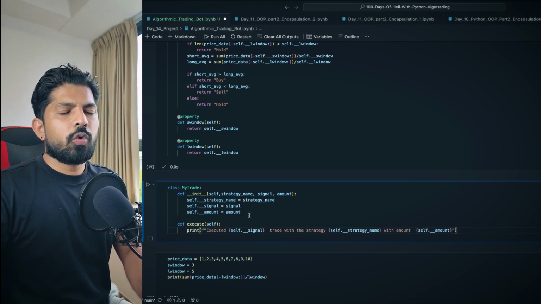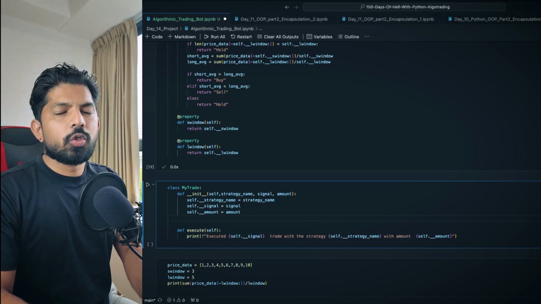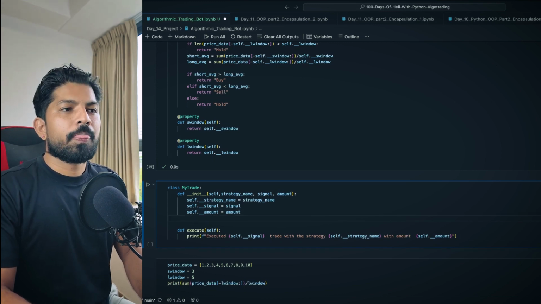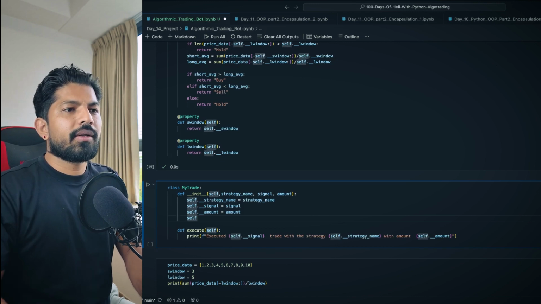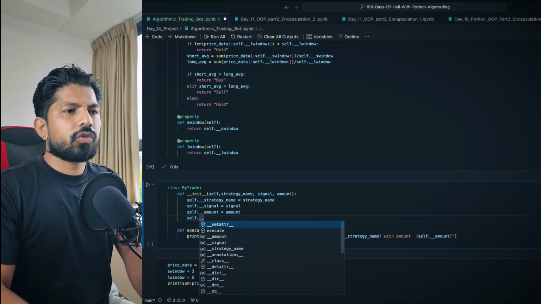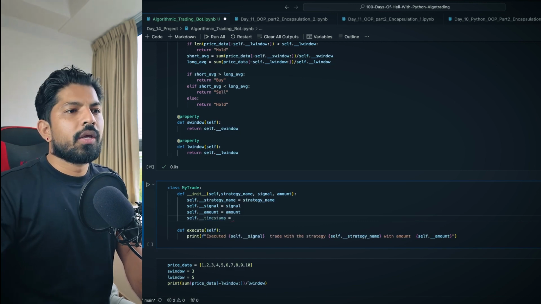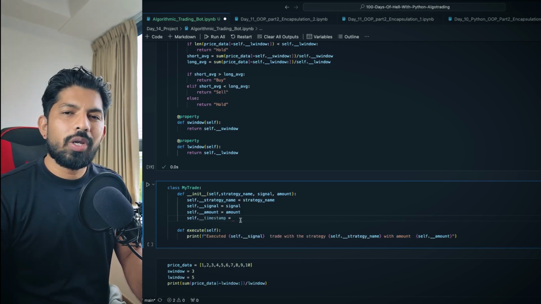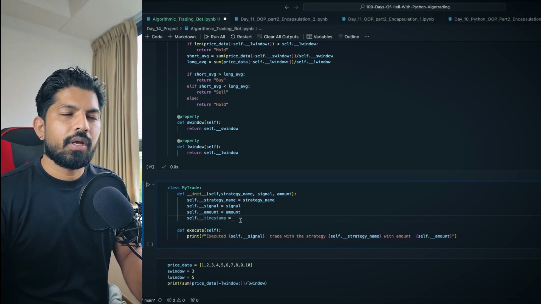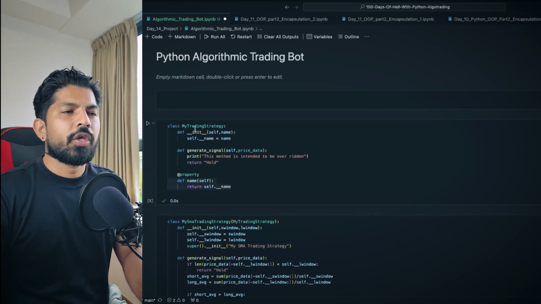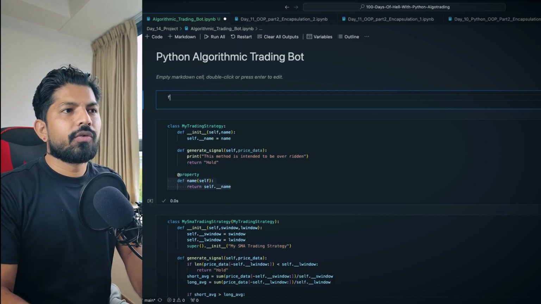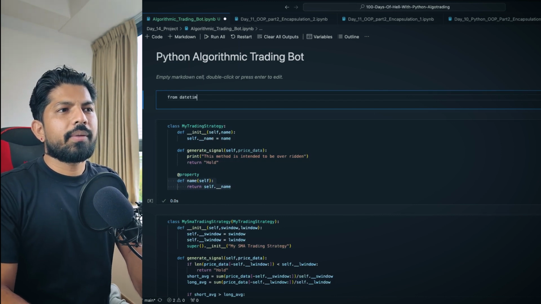and we can also add like timestamp, right? It's also very important. We should be able to know when this trade happened. So for that, what we can do, we can write here self dot timestamp, and what it will be. It will be, for this we have to import a library. And how we can do that? You can just go on the top and you can write from date time.